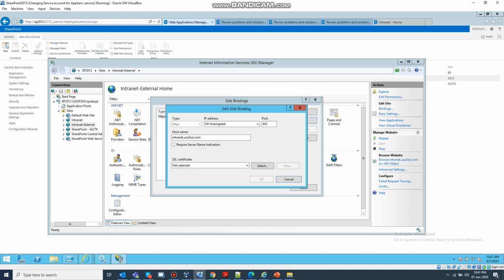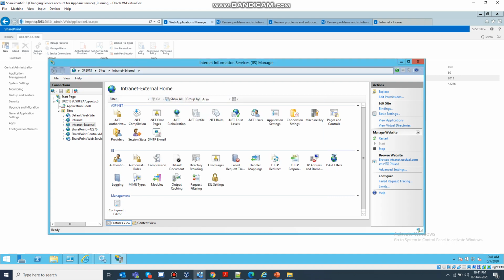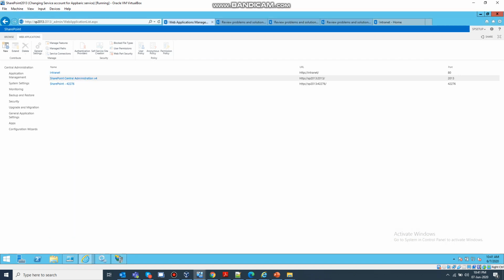So we can say that it is the HTTPS version of the web application, but still some more configuration is required. For SSL, we also need to install SSL on the server and then configure that in IIS Manager so that we can attach that certificate to this site, then it will work. We might cover that area in the upcoming session, but for now the extend functionality should be clear to you guys. So this is how we can extend web application.